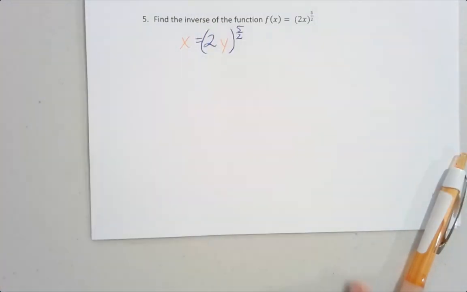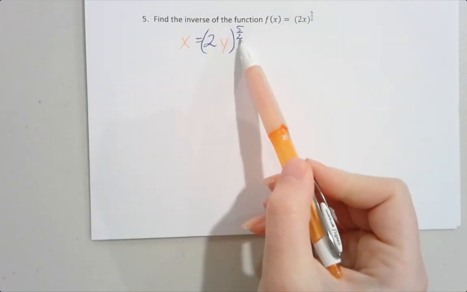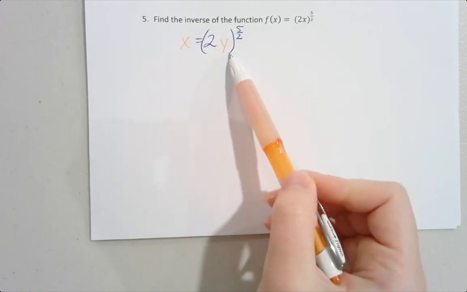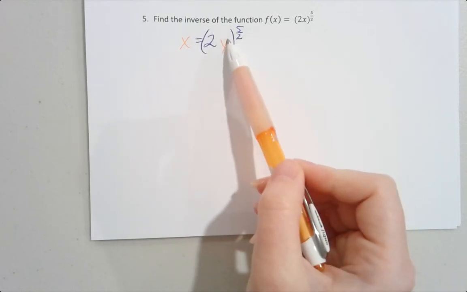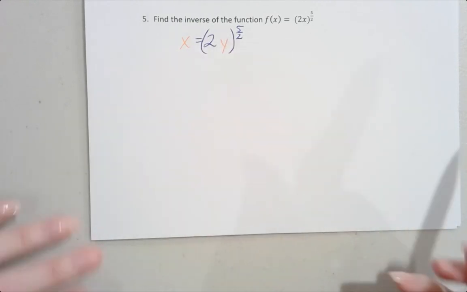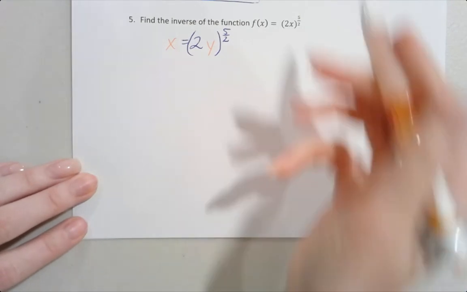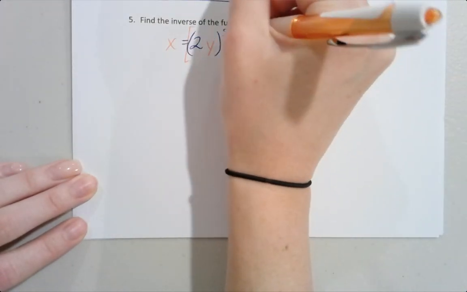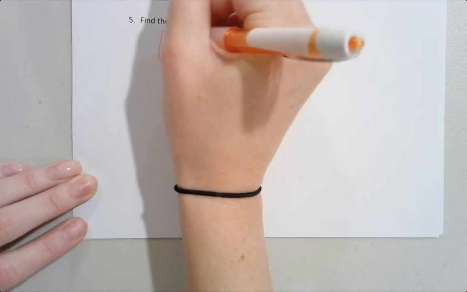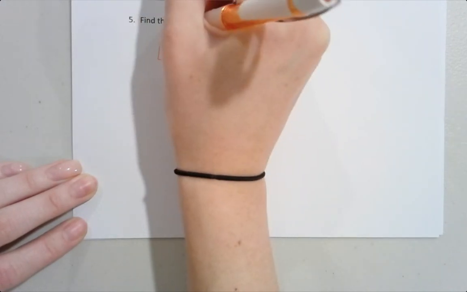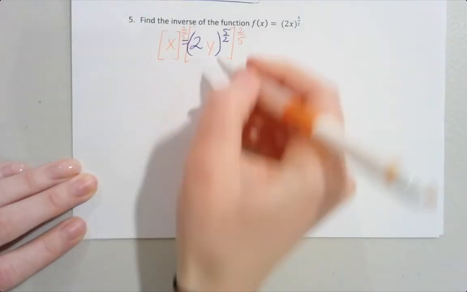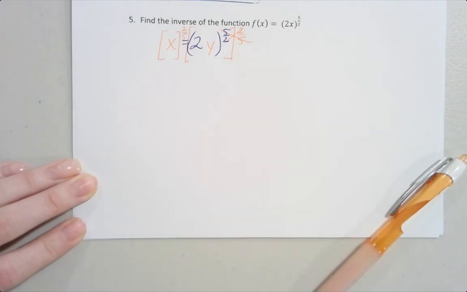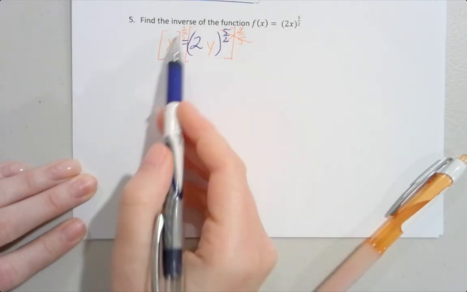Now, what's interesting about this one is the 5/2 power belongs to everybody. So some of you might be tempted to distribute this, but no, that's going to make more work, right? So let's make our lives a little bit easier and just get rid of it right now. Let's get rid of this fraction exponent by multiplying by its reciprocal, also known as raising to the reciprocal power, right? So to the 2/5, these guys will happily cancel each other out, setting our 2y free, and now our